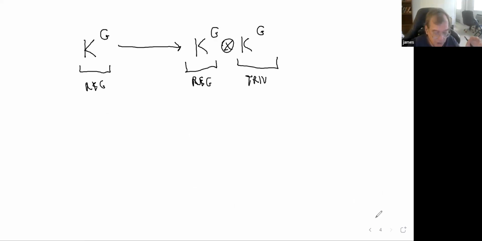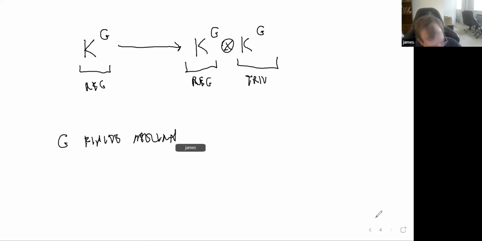Let me try to apply what I've been saying about how the representation category, properly construed, is the walking G-torsor. So what am I trying to say here? All right, so you're asking about, well, let's say G is finite abelian. Maybe I'm just repeating stuff you've already said, but G is finite abelian, and we have